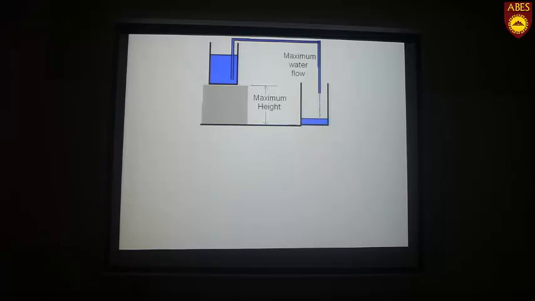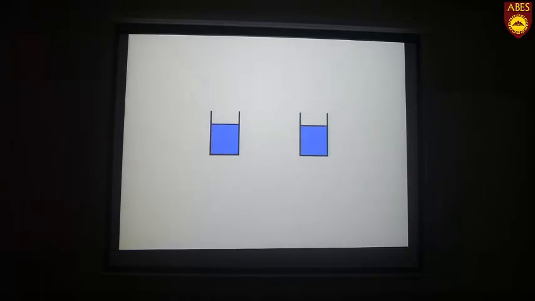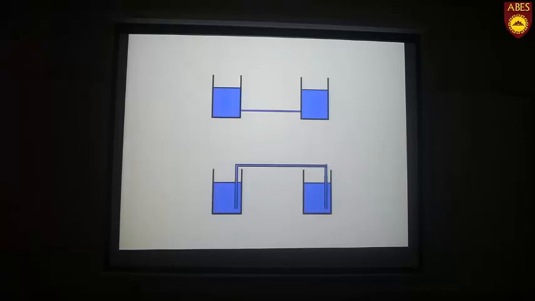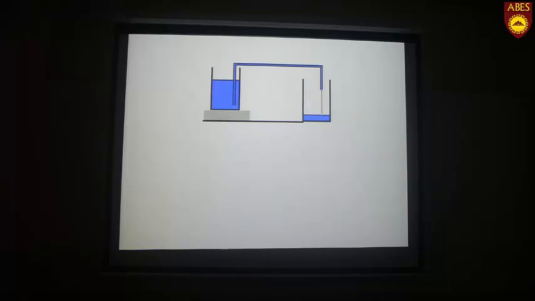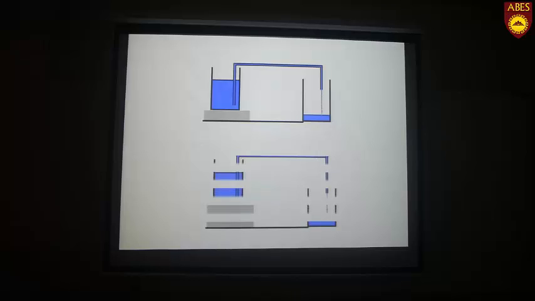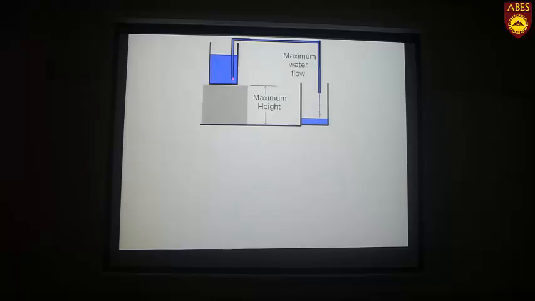Now can we increase further the flow of water through this pipe? We have said that we have increased the height up to a maximum level. If we see the previous slides, then we can say that we have started from the point we are connecting these two containers with the help of a pipe, and then we are increasing the height. So if we see this case, that means we have reached a maximum level of the height. Up to this height we are increasing the flow. Now further increase in the flow of water is not possible, but we have one more thing rather than increasing this height.